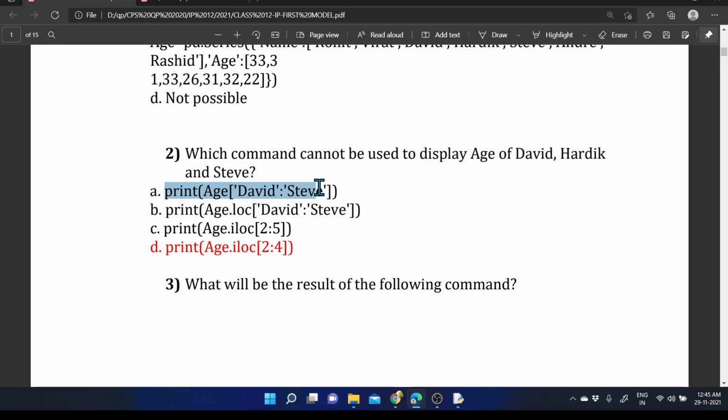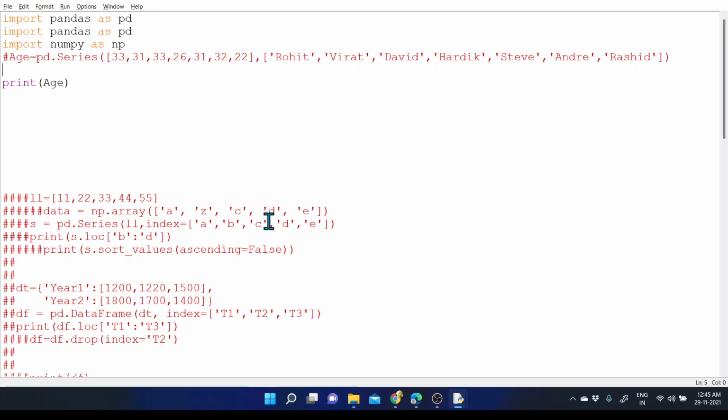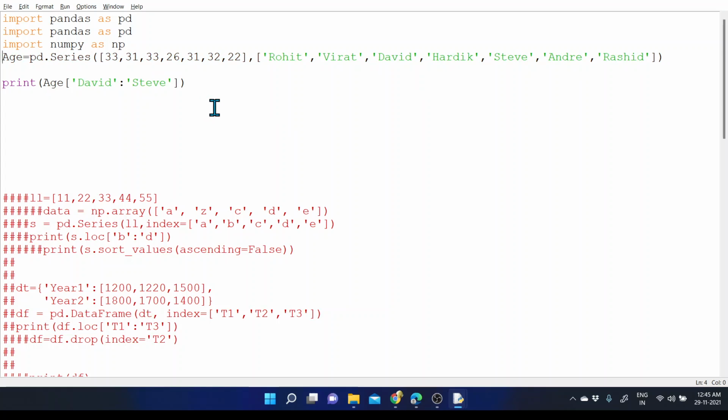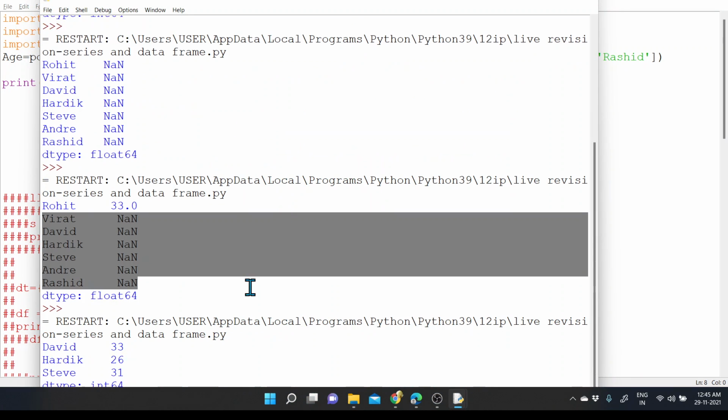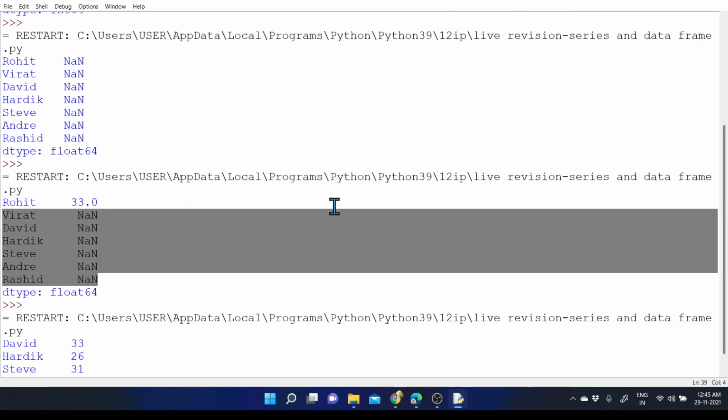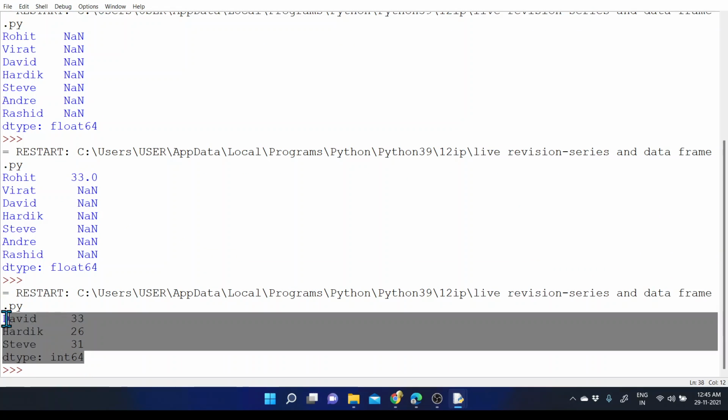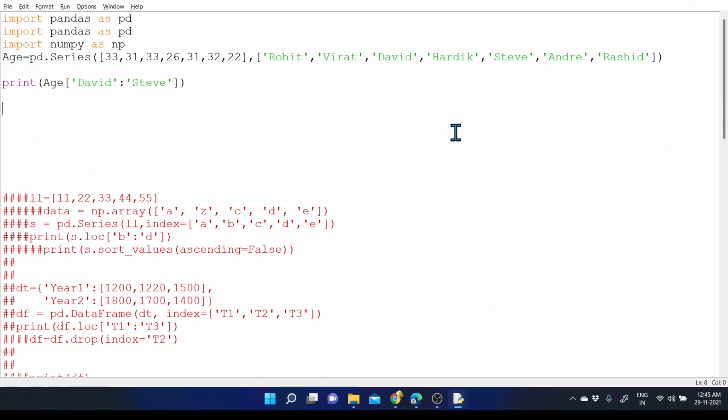If you use this for printing, definitely that set of values will be printed. We'll show you David to Steve values. So here you can see the values taken, David to Steve. So the first one is correct.